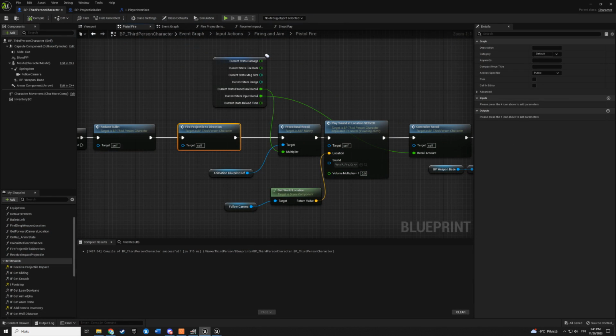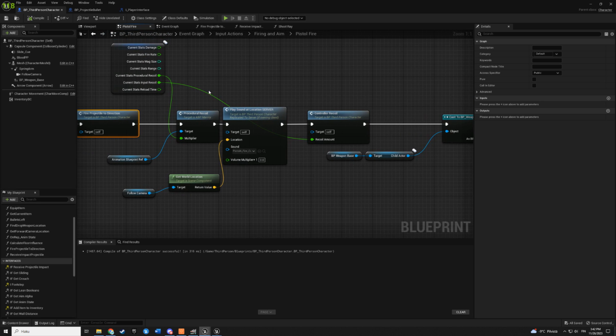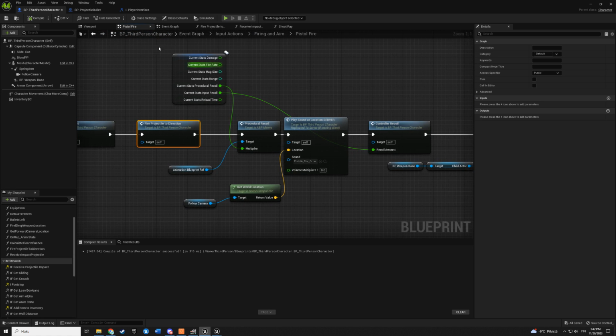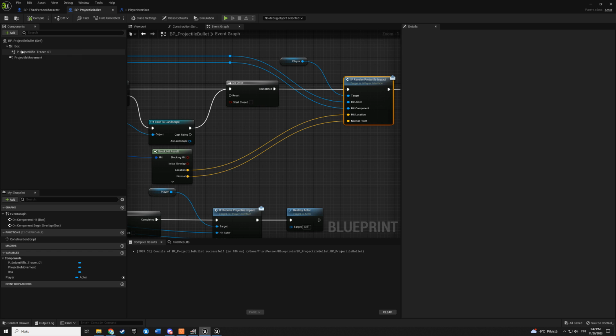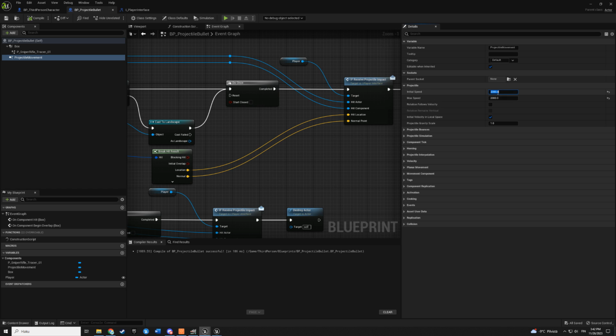But of course we need some speed to our bullet, and what could be good velocity? Let me check. Yeah. Go back to our projectile, and here projectile movement, and then we can find our initial speed, and let's put something crazy number like, is this too much?